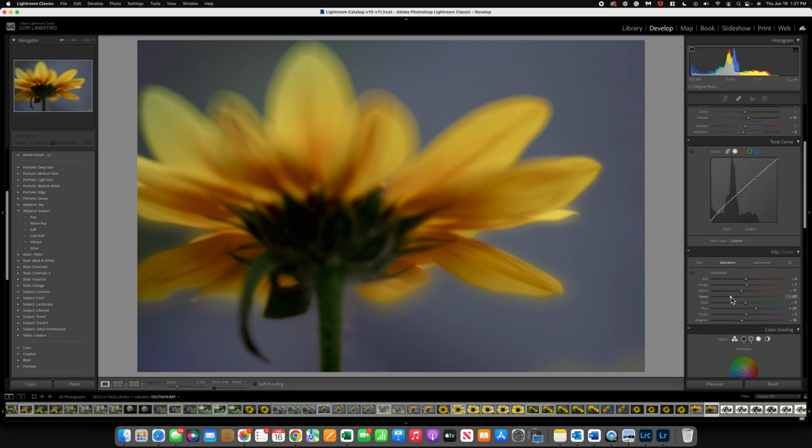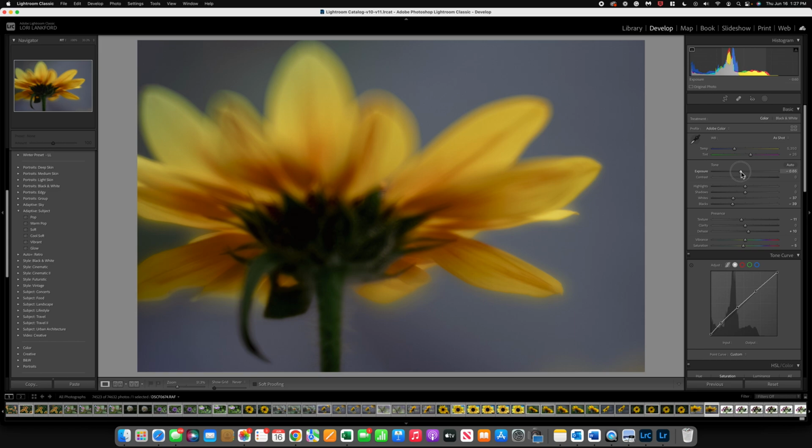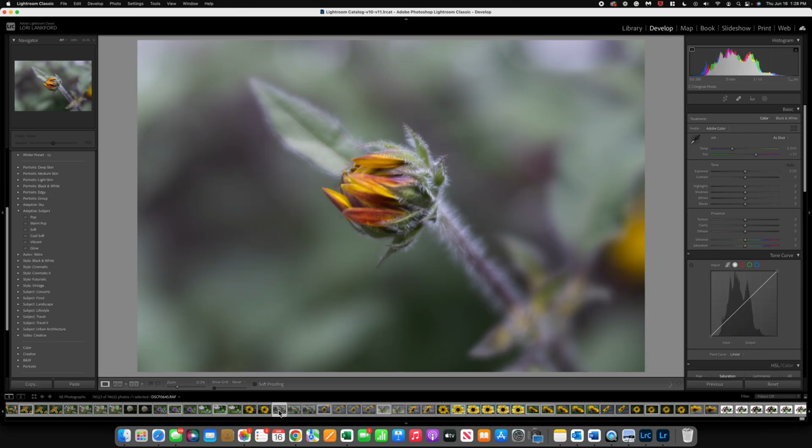So I do want to make sure that the green is really pulled out. And I may want to play with the blues again, making some tweaks to those. And I could even come up, and if I wanted to make a global adjustment, maybe to the exposure, I can do that. All right, so let's try another image, and I'm going to come over to another flower subject,